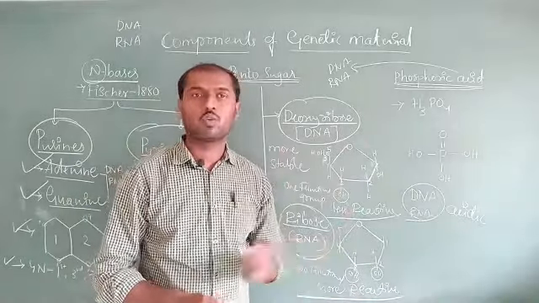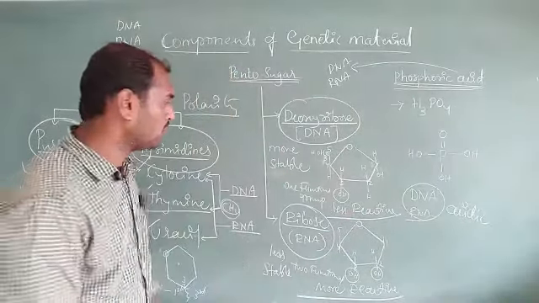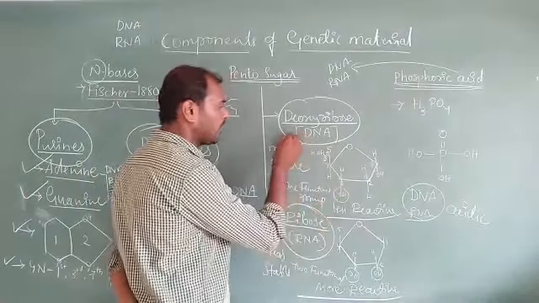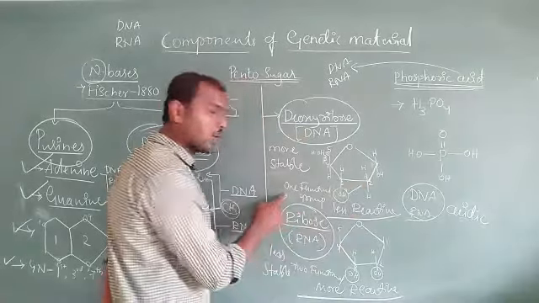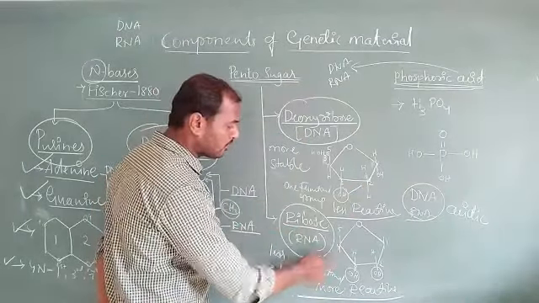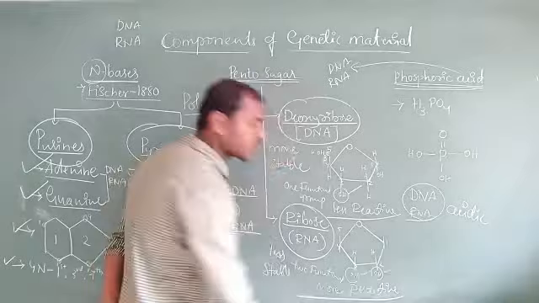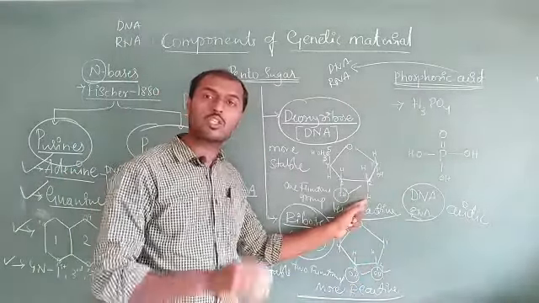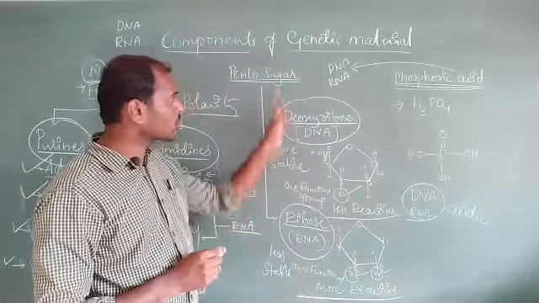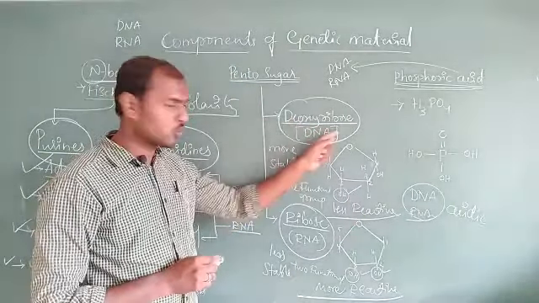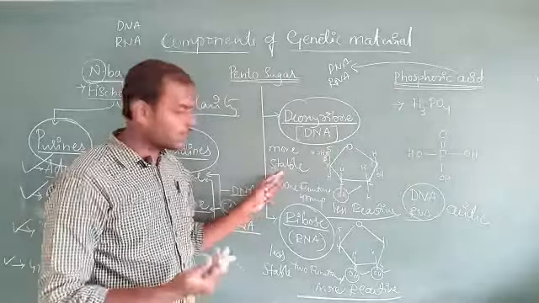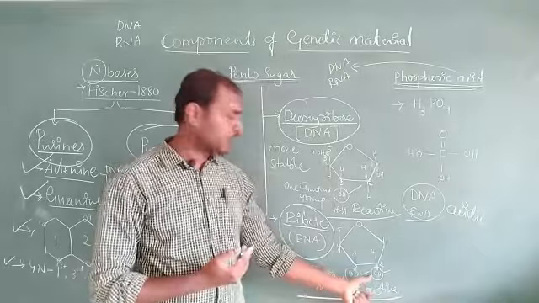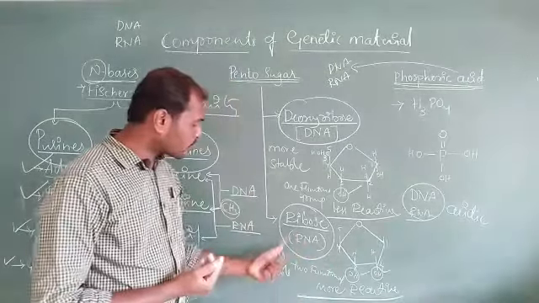So you know very well why it is so called, because in case of deoxyribose we are going to get only one functional group. In case of ribose we are going to get two functional groups. Okay, so two functional groups. Because one oxygen is missing at position 2, the DNA sugar or deoxyribose sugar gains more stability. And because an extra OH is added at the second position, the ribose sugar loses its stability, that is, it becomes less stable.